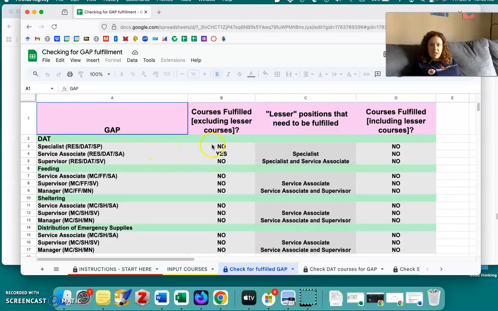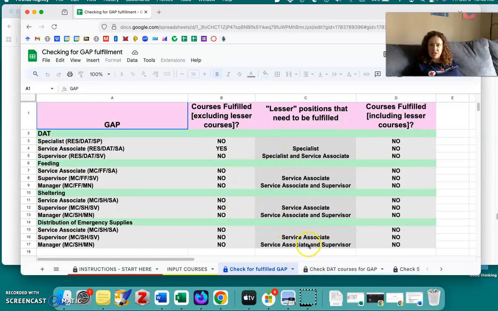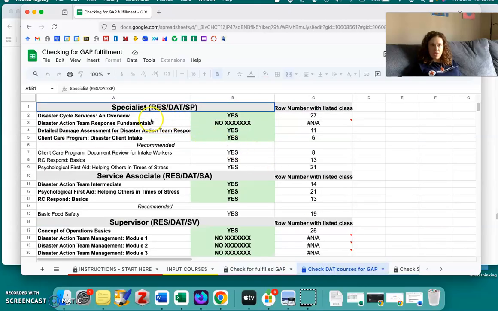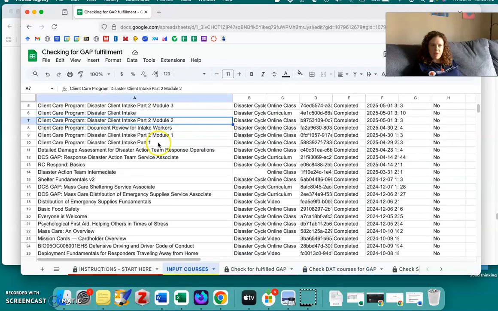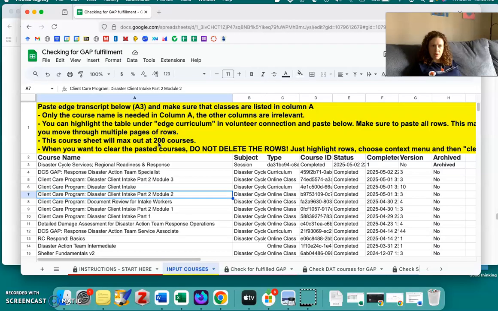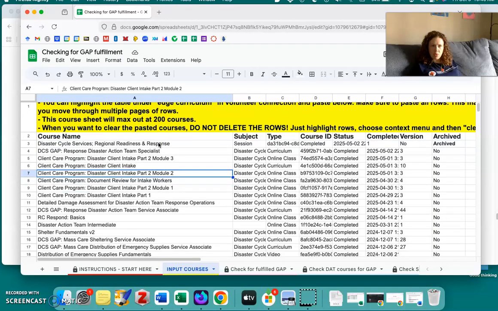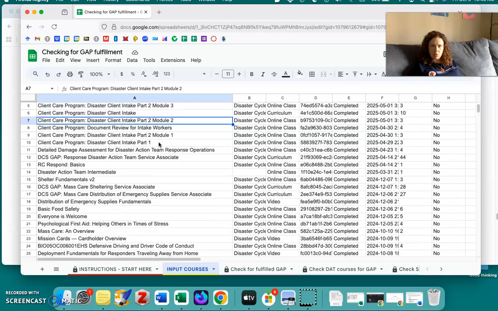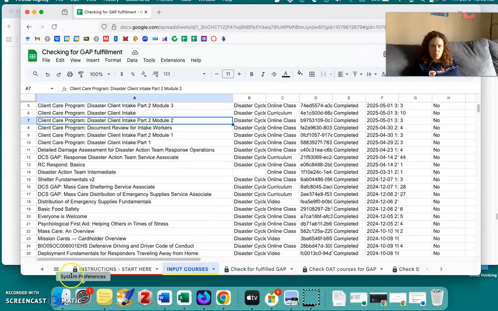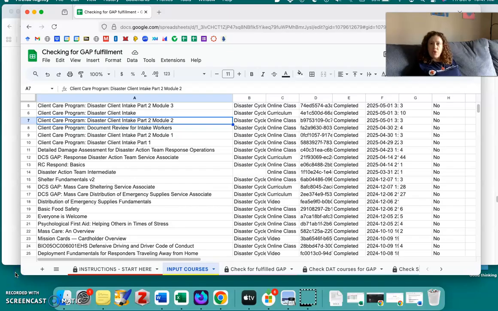Now you'll see once again, we're seeing the same problem. Specialist is missing, service associate is yes, supervisor is no. So let's see what's going on. And this person actually has a lot of things filled. So I want to check what's going on. So it says that they have not done that response fundamentals. Well, that's strange because I know they have. So I already know they had DAT response fundamentals, but this is a good example of how you can make